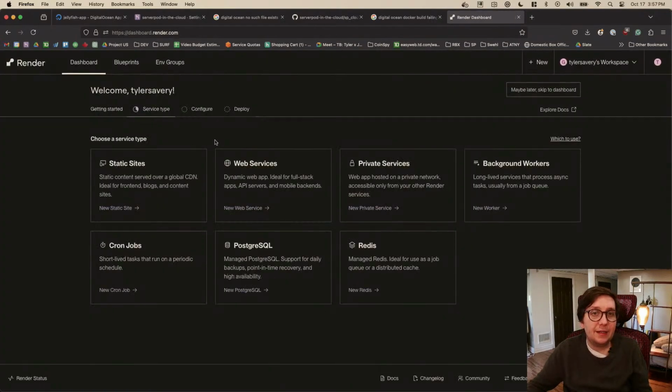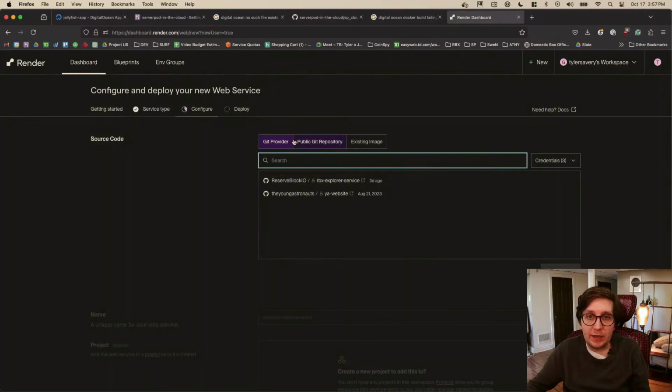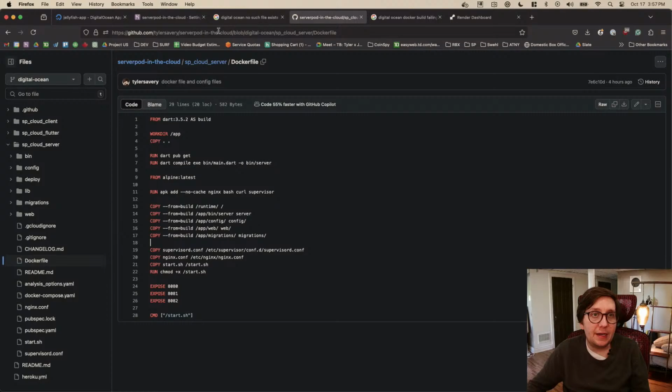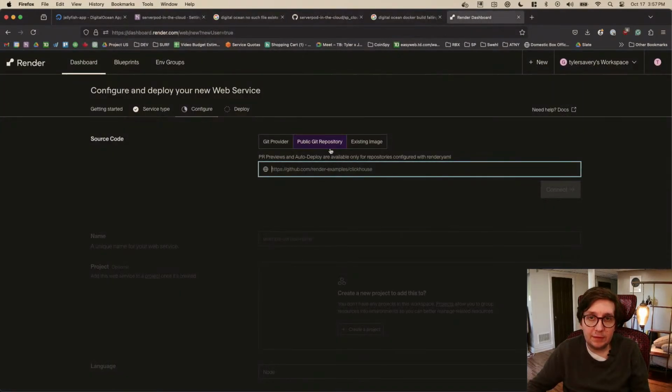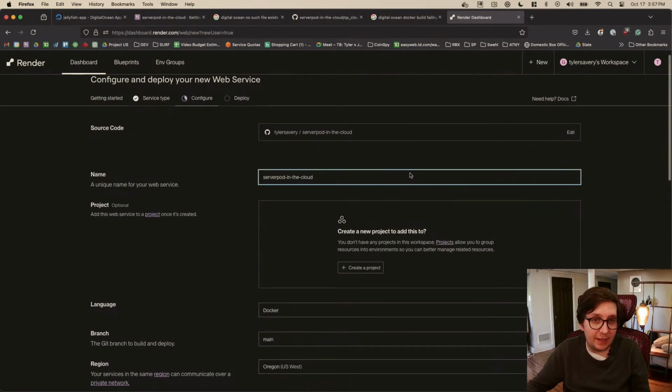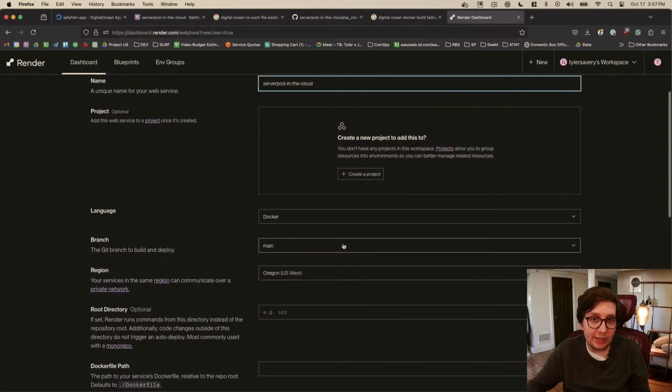Yay. Okay, so web services. Let's make a new web service. Sure. And we are going to, oh, it looks like I've already done this. We use a public Git repo, so we don't have to worry about really anything. And I guess we can just pull this right here. We'll click connect. All right, then it's Docker branch. We're going to, oh, let's actually,